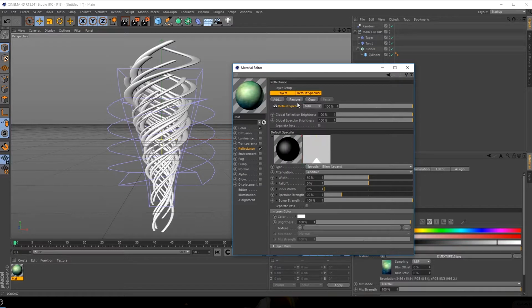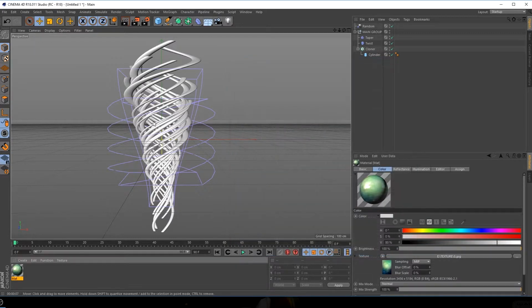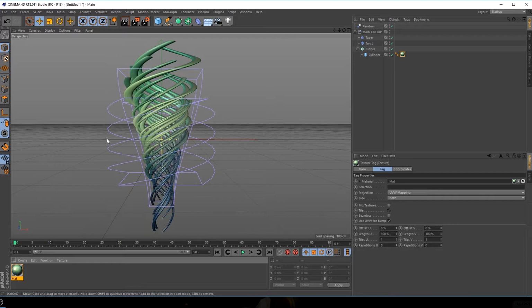Let's add a Beckman, and in the attenuation I'm gonna set this from average to adaptive, just to get a more realistic reflection. Let's bring down the reflection strength really low, maybe somewhere around there, and also increase the roughness a little bit, or maybe I'll not use any roughness, I'll keep it really smooth. So there we have some really nice reflection. And then right off the bat, I can just drag the material onto the cylinder,